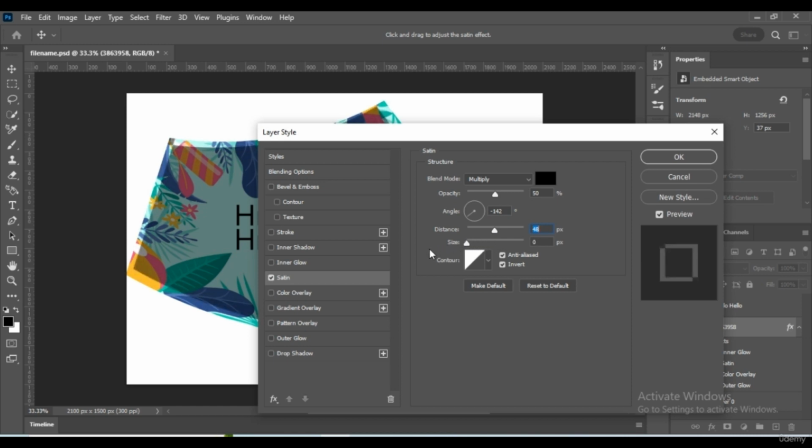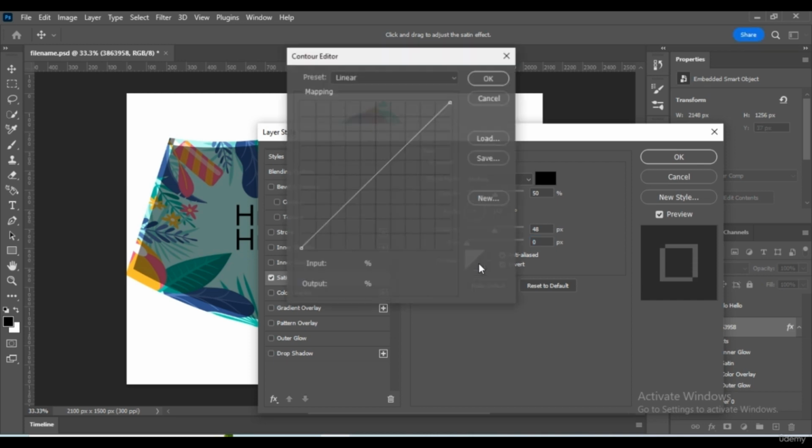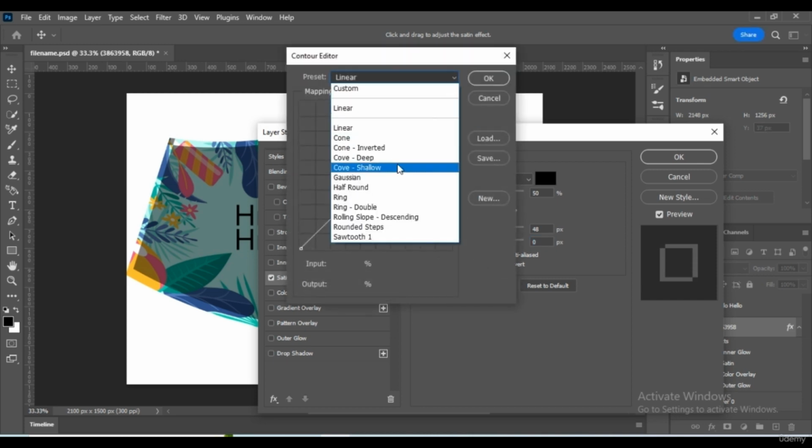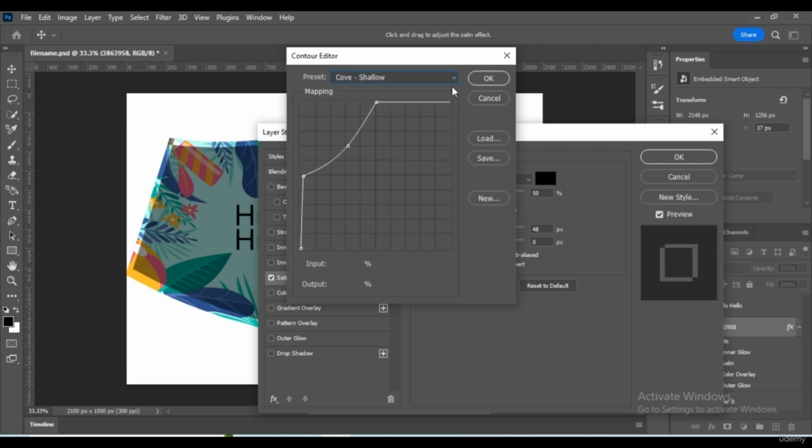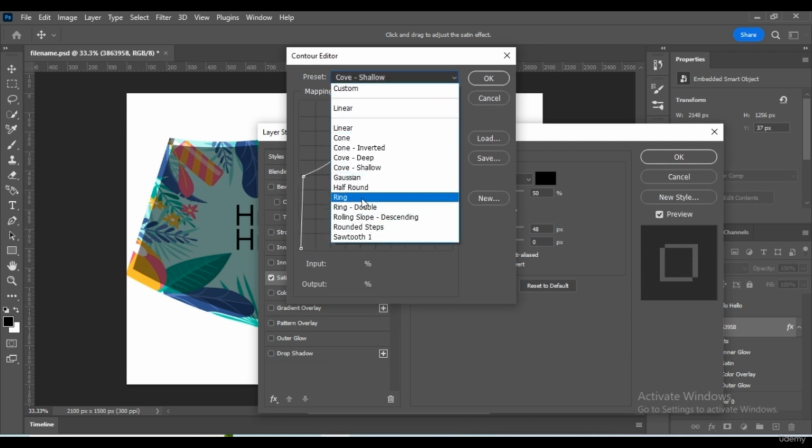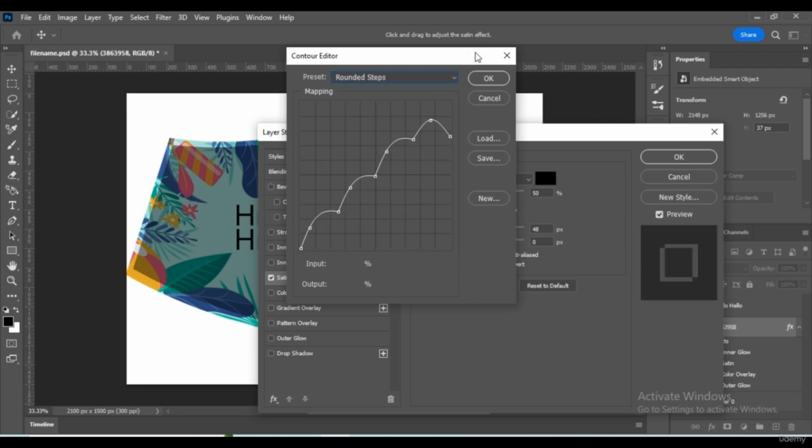The closer it gets to 0, the more precise the shading is. Then the contours shape the shading, like this or like this.